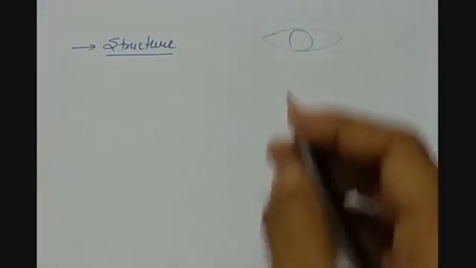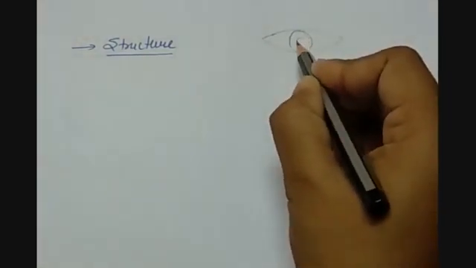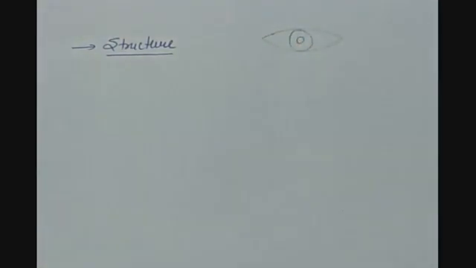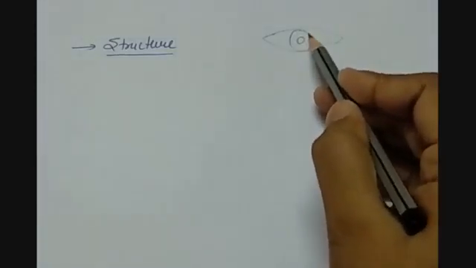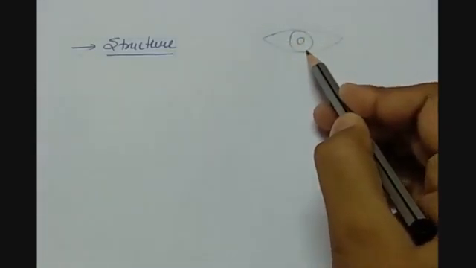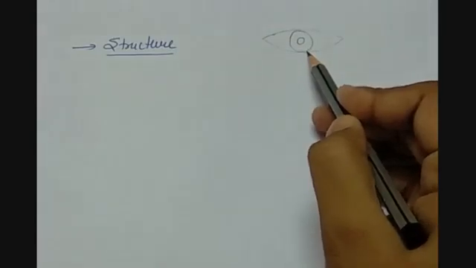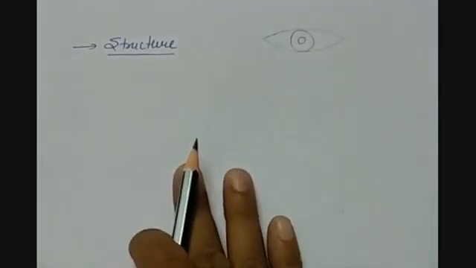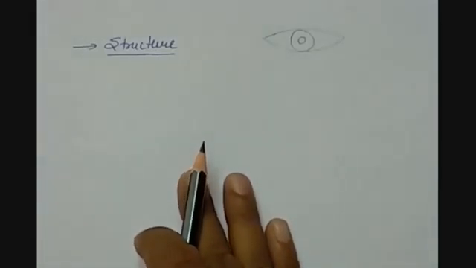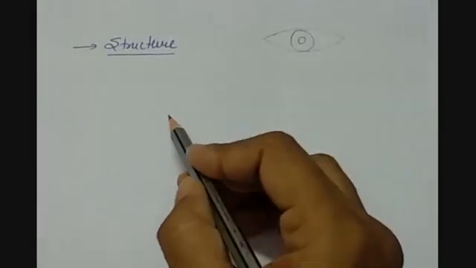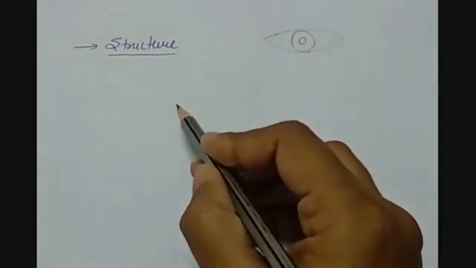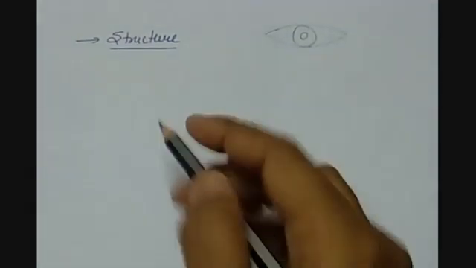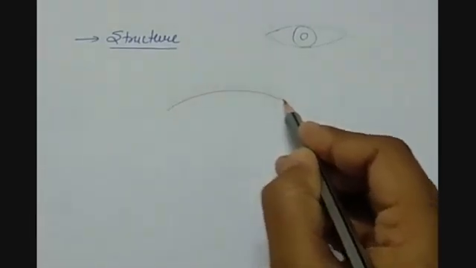Here we see a black portion inside our eyes, which is also having a very dark place in between this black part. But this is the front view. Now I am making here the side view of human eye. So human eye is almost spherical in shape, so we will make the human eye